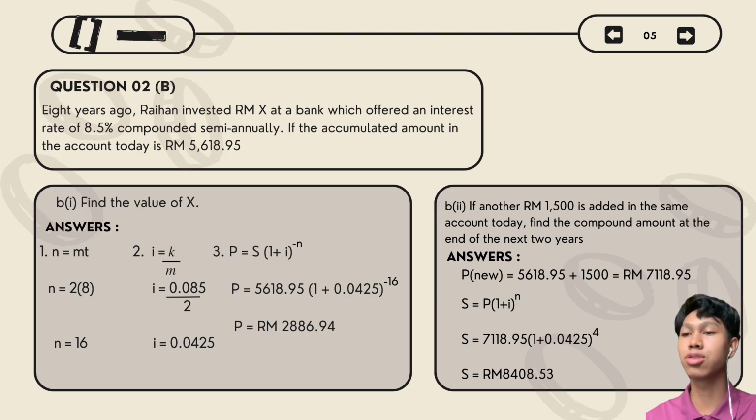Second one is, if another 1,500 is added in the same account today, find the compound amount at the end of the next 2 years. The answer is, you have to find the new P, which is 5,618.95 plus 1,500 equals